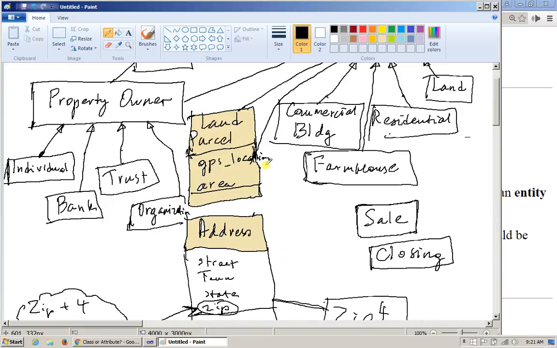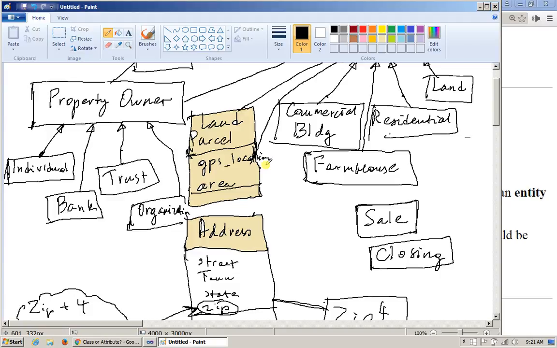Whatever you store for the GPS location, like latitude and longitude, is very unlikely to be used anywhere else in your application. So it belongs to the parcel of land, and clearly is a pure attribute. You just don't want to design a separate